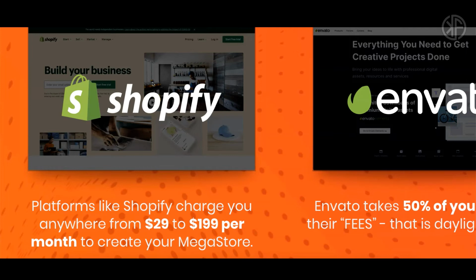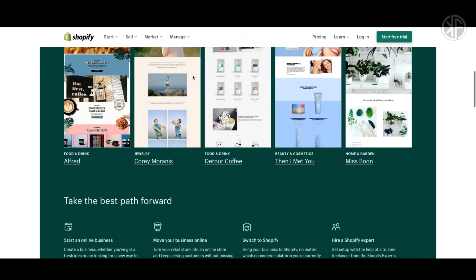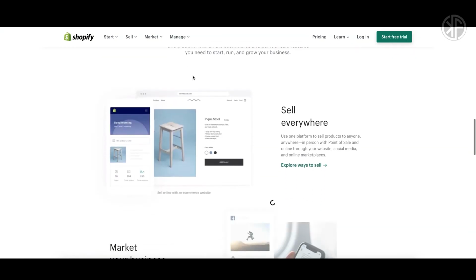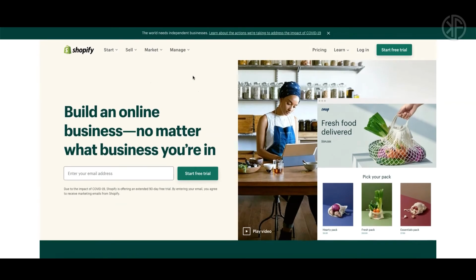Okay, Shopify is one of the most well-known e-commerce platforms out there, and they charge a monthly fee because they provide you with a lot of features. Okay, it's an all-in-one e-commerce solution. Okay, there's a lot of customization involved. They've got a lot of plugins, a lot of apps that you can add in there that's really going to help your business. Okay, so there's a reason why, and because they're charging a monthly